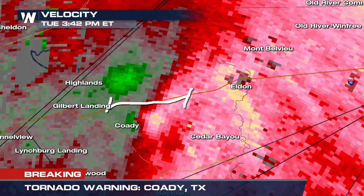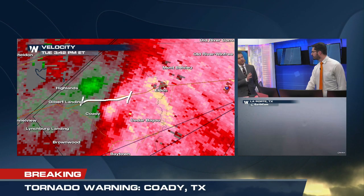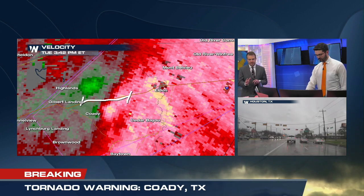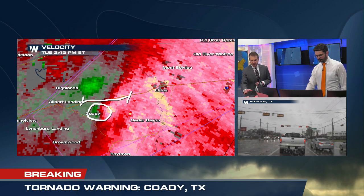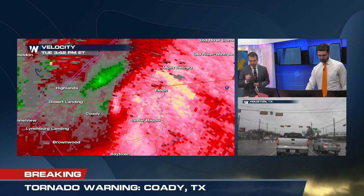So that is exactly where it is going. There, that Buc-ee's right there on the intersection of I-10 and John Martin Road. That's what we're looking at right now. That's where our damaging tornado likely is as it does continue to move off towards the northeast. And it does look like it's going to move into the Meadow Lake Village subdivision potentially there, just northeast